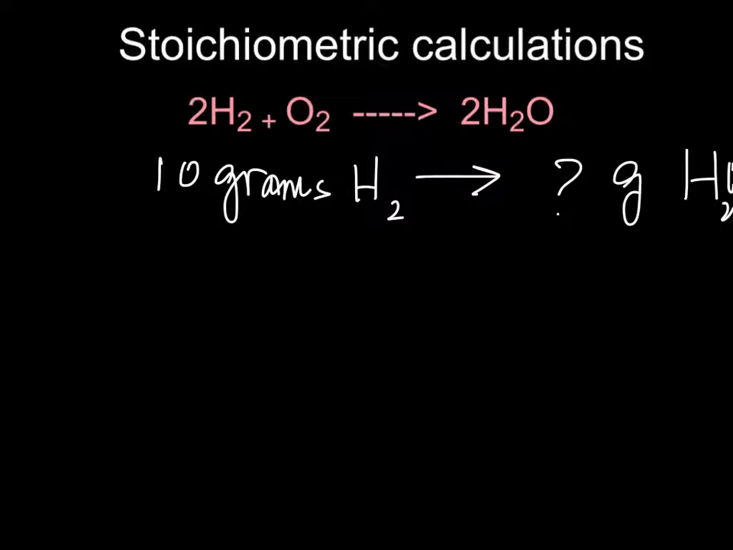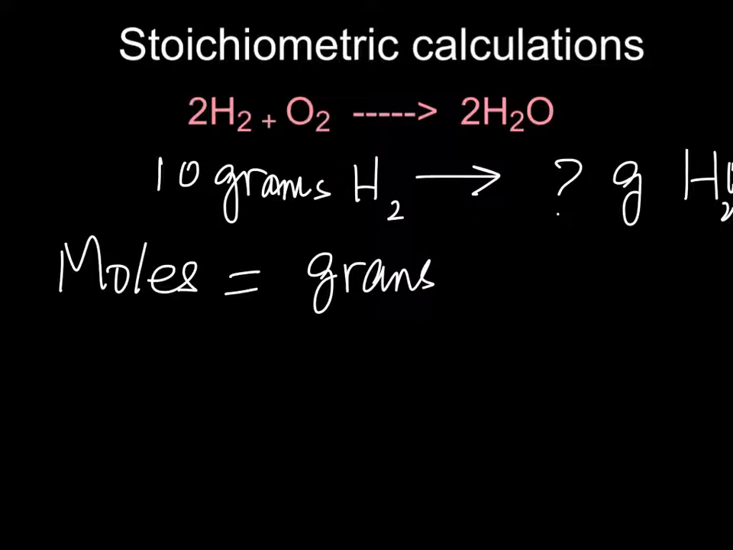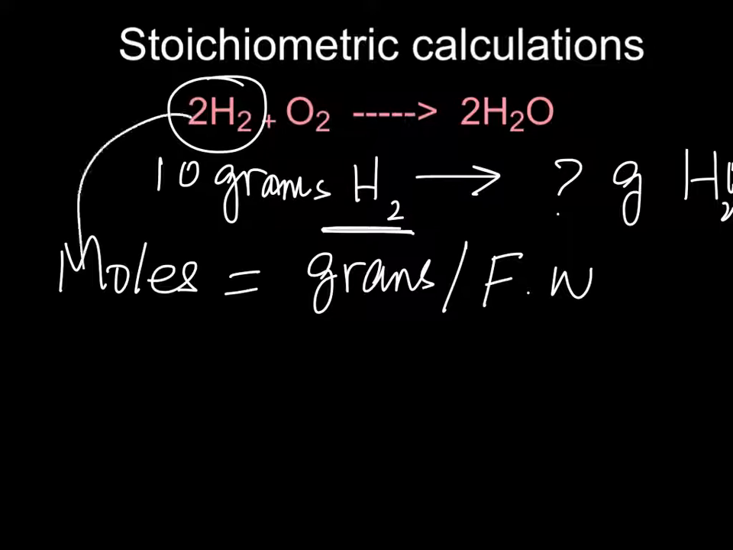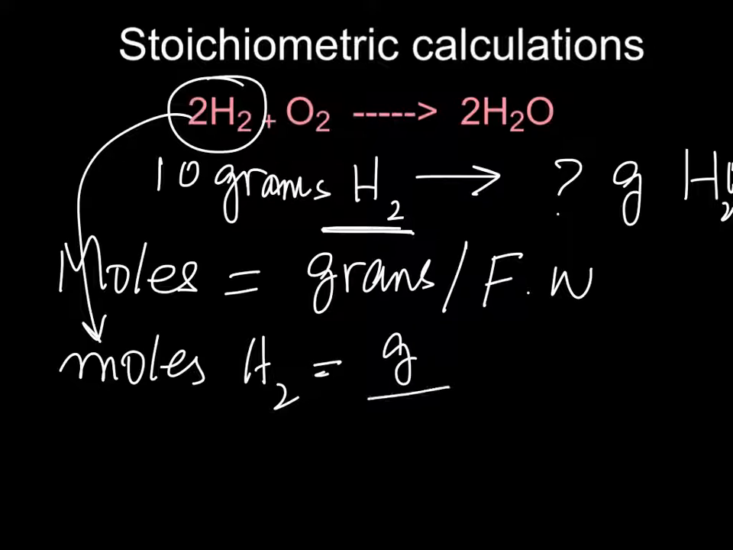The first thing we have to do in these calculations is to work in moles. And we explained last time moles is equal to grams divided by formula weight. So the first thing you have to do is look at what is given, in this case hydrogen gas, and find the moles of hydrogen gas. Moles of H2 will be equal to grams over formula weight. We have 10 grams,